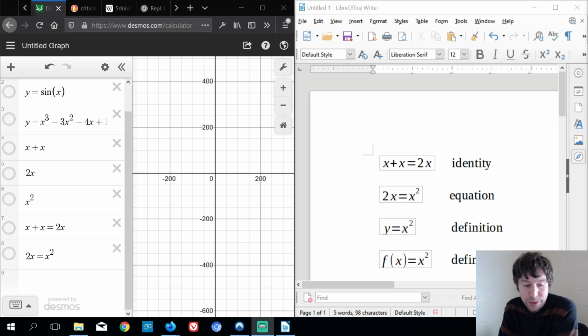What I wanted to start with, though, is something that I don't know how much I've spoken about before. This is just to help you keep things straight in your head. There's a little bit of ambiguity in the way that we write things in algebra, and I just wanted to make sure that you guys are at least aware at this point